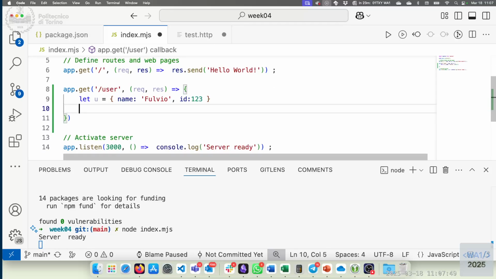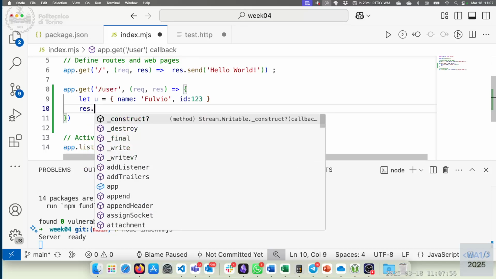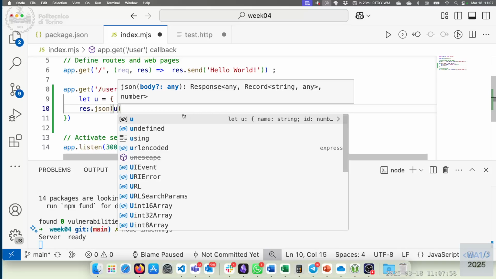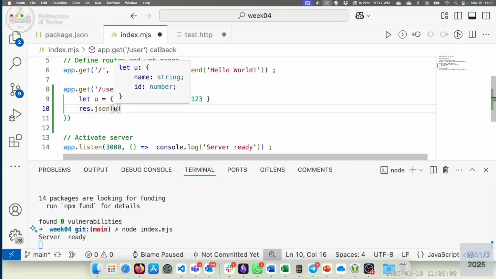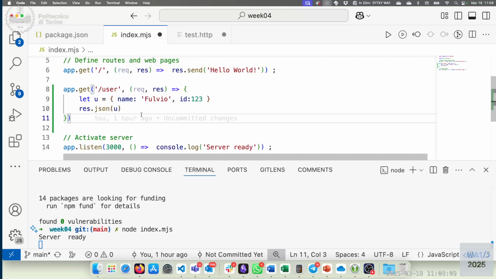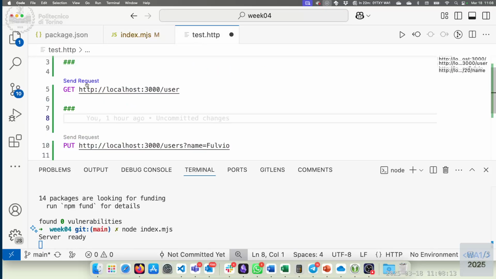And we want to return this object, response.json u. So you see that u is a JavaScript object, maybe an array, maybe an object itself. It will be serialized into JSON, and if we run it,